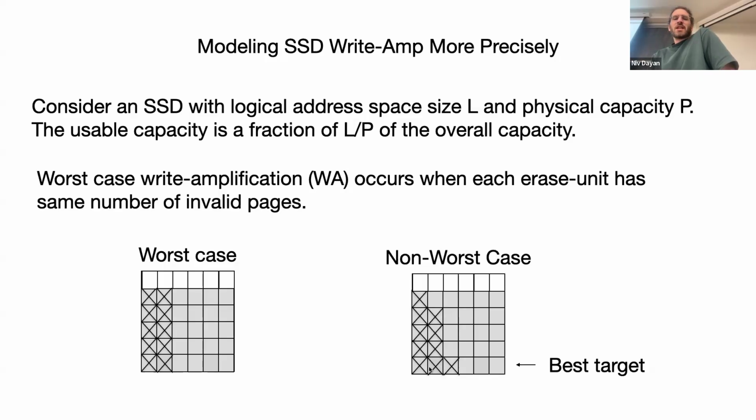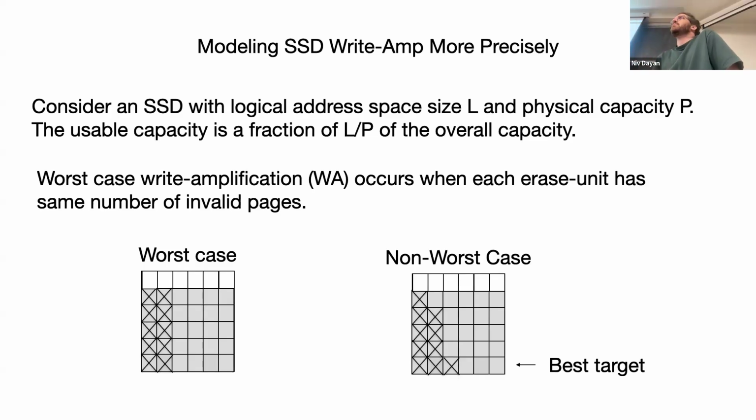If there's an uneven distribution of invalid pages across the different erase units, some of them will have more invalid data, but some of them will also have less invalid data. As long as you have this uneven distribution, there's going to be some erase unit with less invalid data than others, and that's going to give you, on average, some nice garbage collection victims, where you have to migrate less than the average